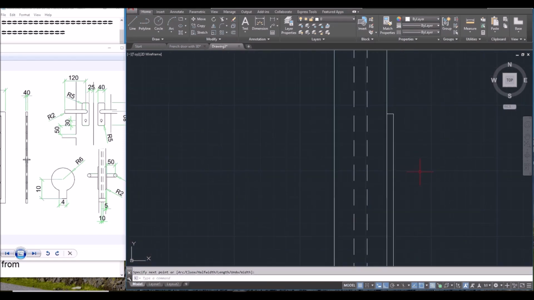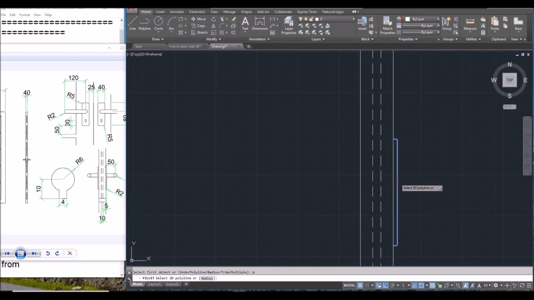Okay, and then I will, let's see, the radius is 2, so F spacebar, R spacebar, 2 spacebar, polyline P spacebar, and select this line. Okay,